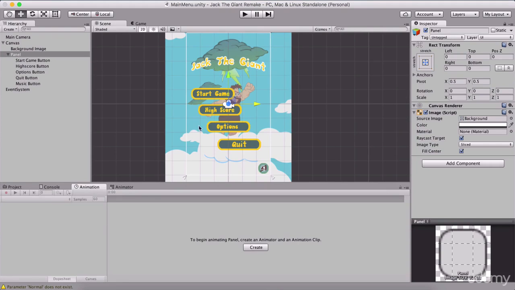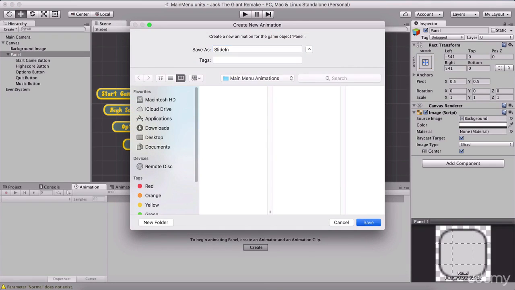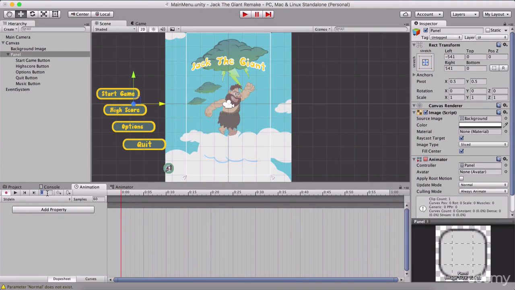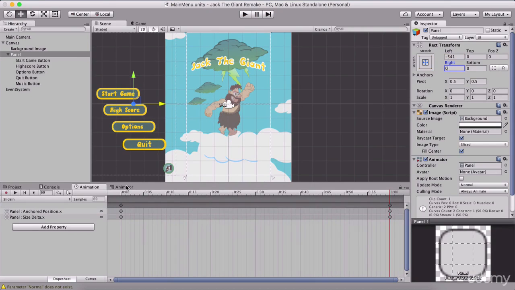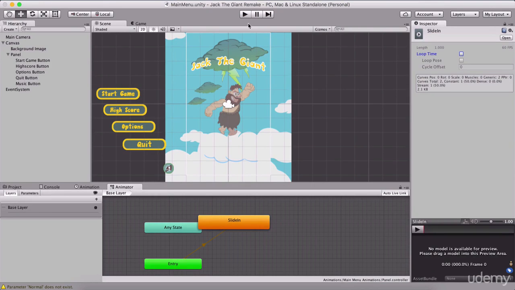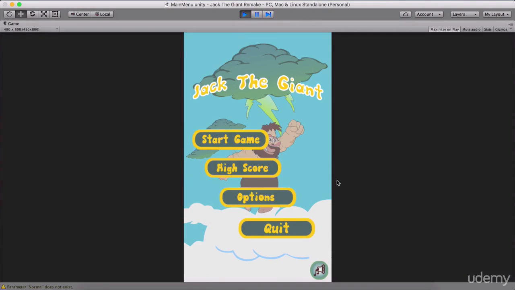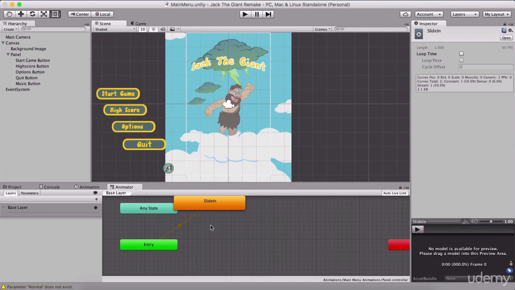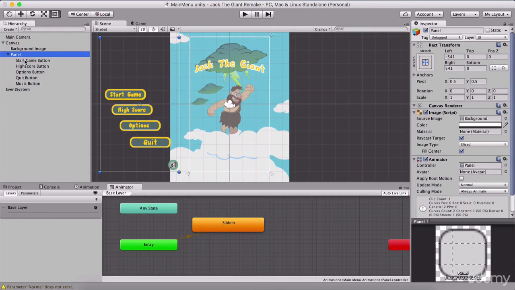The same way with the animation, I can move the panel here and I can create the animation. So I can go here and say slide in and go on frame 60 and set at 0 position for our panel. And let me just uncheck the loop time. And now if I rerun the game, this is what we see. Sliding our animation. So this is also a cool trick,